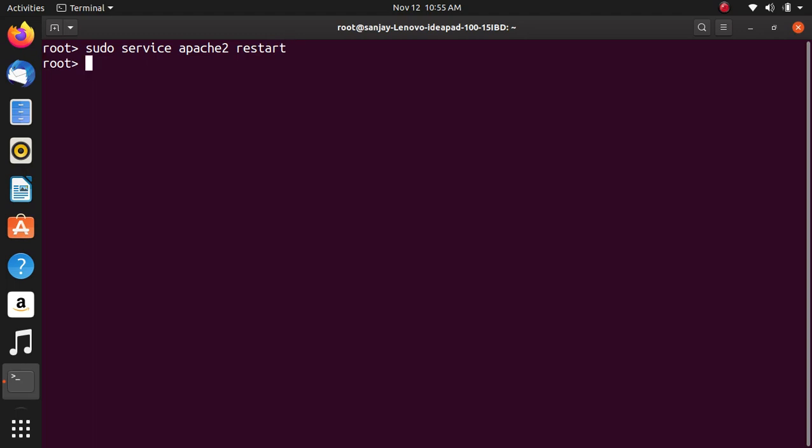Then the Postgres service needs to be restarted. Sudo service postgresql.